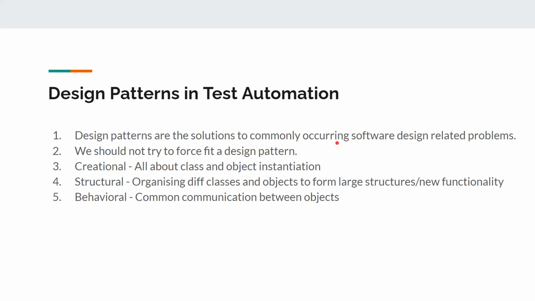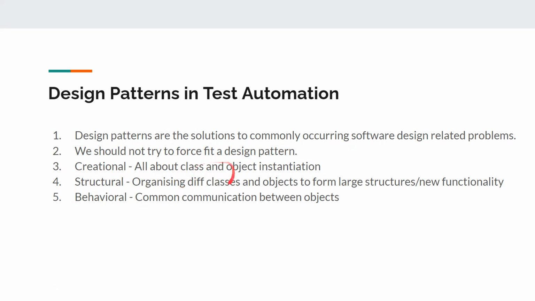If there is a problem that has a predefined solution using design patterns, then you can use it, right? Design patterns are basically of three types. One is creational, another one is structural, and another one is behavioral, right? Creational deals with object and class instantiation. For example, your builder pattern, factory method, and abstract factory all come under creational. You also have structural design patterns, where you can think about a facade and a lot of other structural design patterns. You also have behavioral design patterns like observer and chain of responsibility. A lot of design patterns come under this as well.